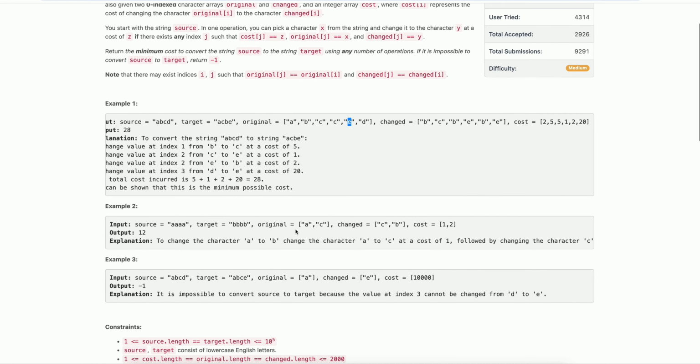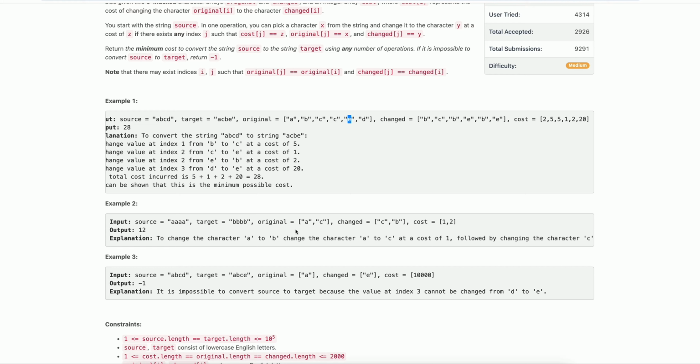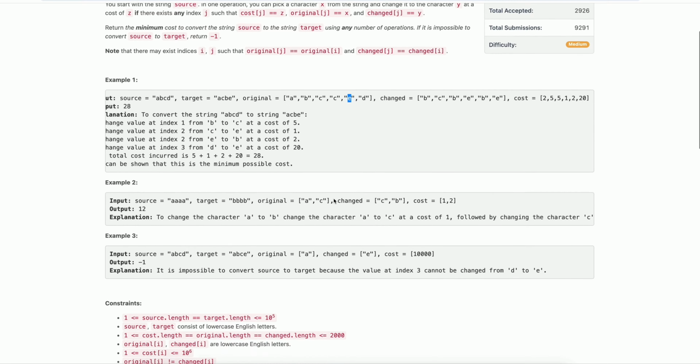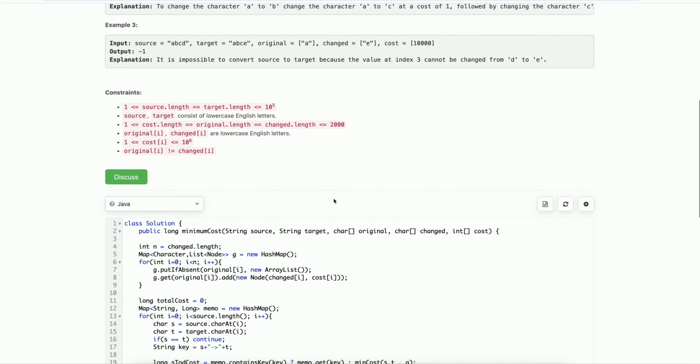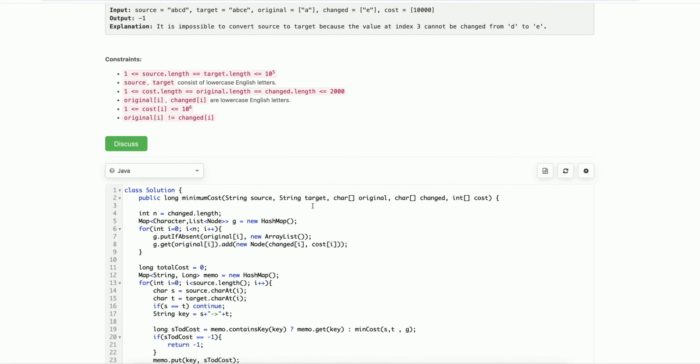So what will be the minimum answer for that? As I discussed, we need to find the minimum cost to change each character, and we need to add all the costs for changing each character, and then at the end, after adding all the minimum costs, we will get our answer. Okay, so for that, first we need to build a graph.